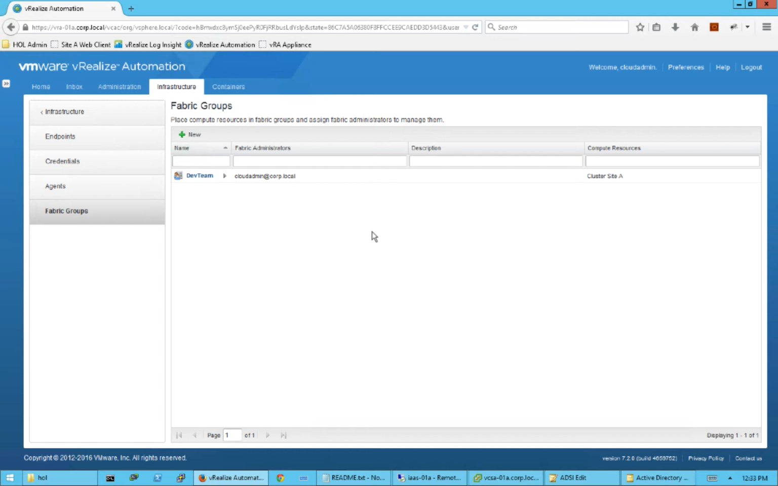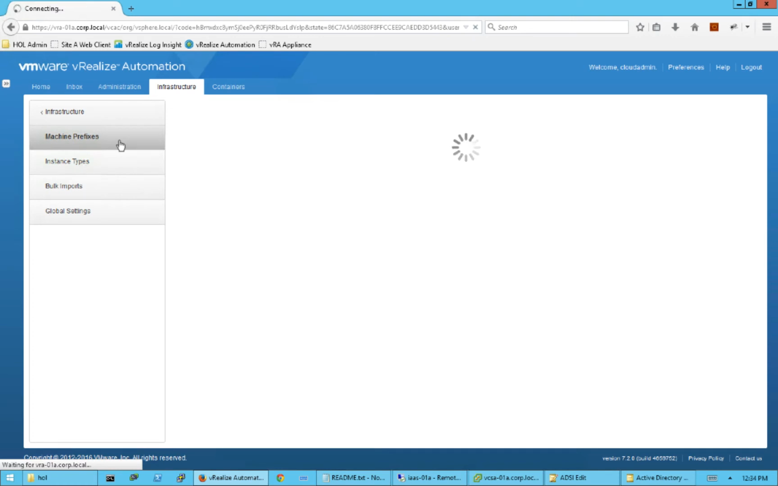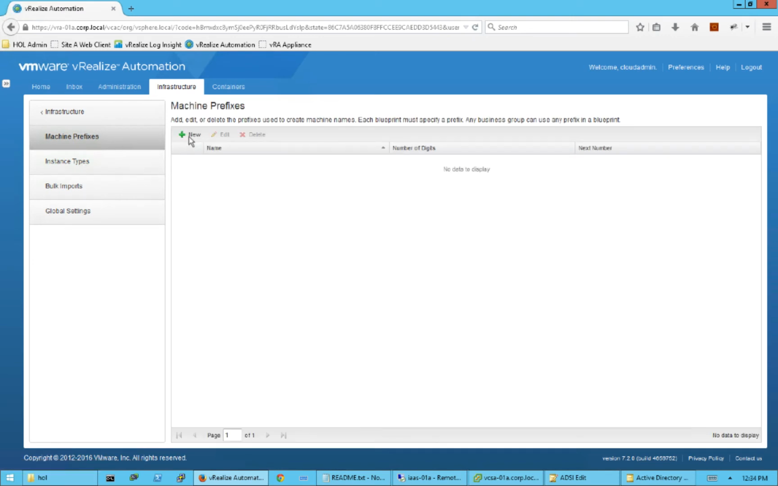Okay, so what we're going to want to do now is go ahead and start the process of creating our business groups. So what we're going to do first is go back here on the infrastructure tab. Before we do that, what we want to do is set up some machine prefixes. So what we'll do is go to administration here and then machine prefixes. And we're going to set up a new machine prefix just so it's available when we create our business group as a default. So what I usually do is just very simple, dev would be the first part of the